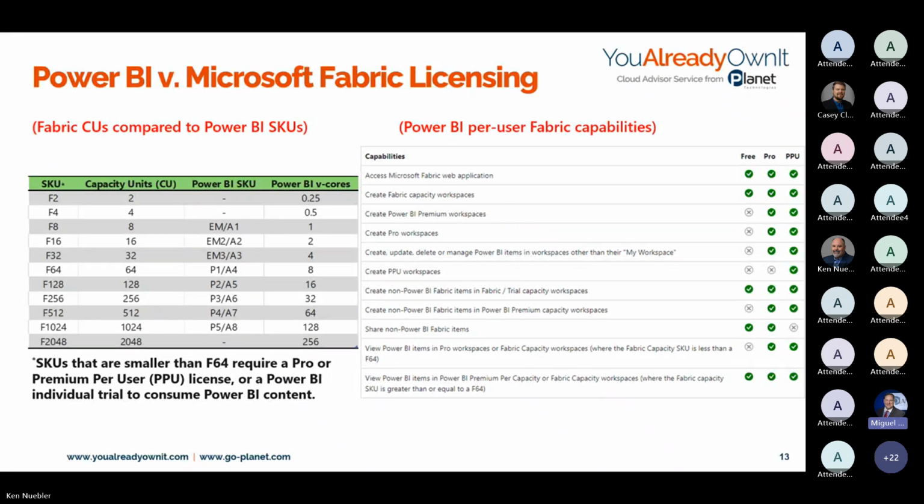If you'll notice, the closest thing you have to almost all of them is either the Pro level or the PPU level. The only difference between Pro and PPU was that PPU was able to create premium workspaces, think capacity workspaces, and Pro was able to share non-Power BI Fabric items. That's the only difference there.